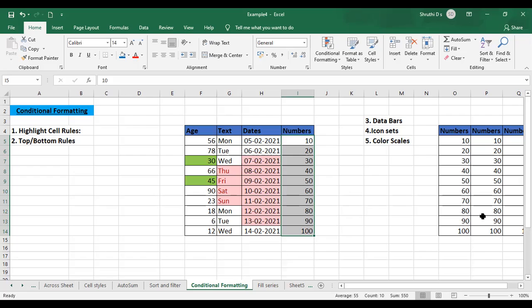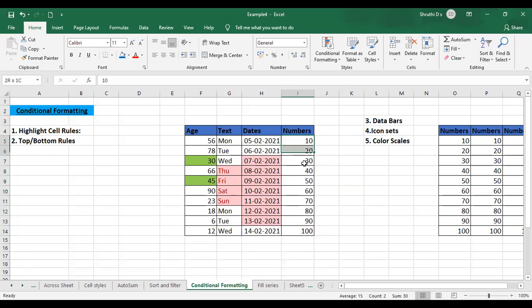The result will be announced and they want to check out for the top 10 or top 5 or top 3, like toppers we call, right? So with highest marks, we want to check the students with highest mark, top 3, top 4, top 5, we say, right? So like that, here also we can apply that top and bottom rules for the particular range of cells, or particular range of column or rows.